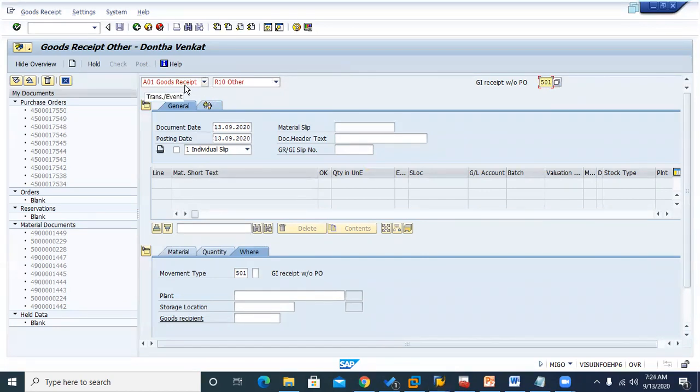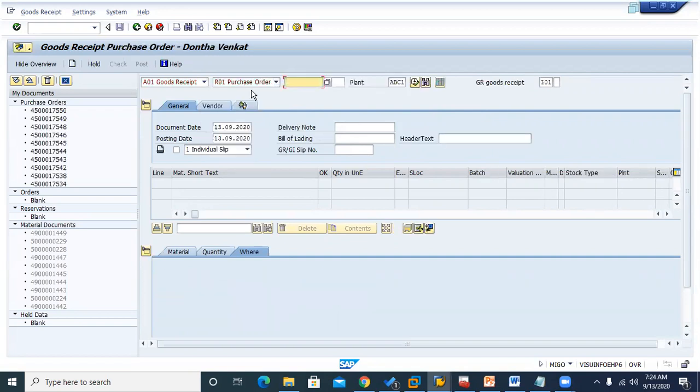For this goods receipt transaction event there are several document references, but at present it is at the stage of others, that is R10. When this is R10, the system proposes this movement type. If we change it to purchase order, that is R01, it proposes 101.